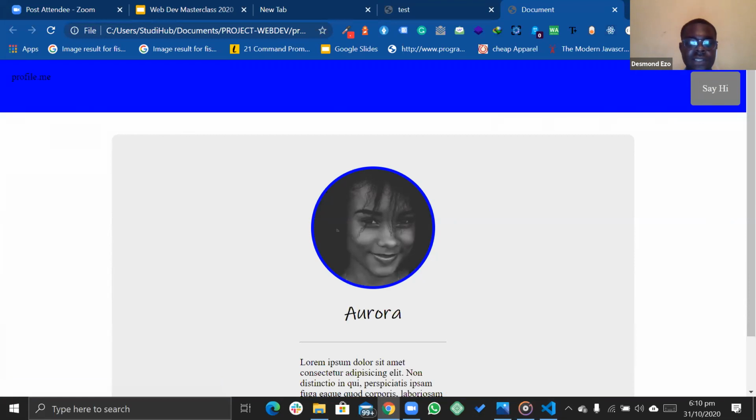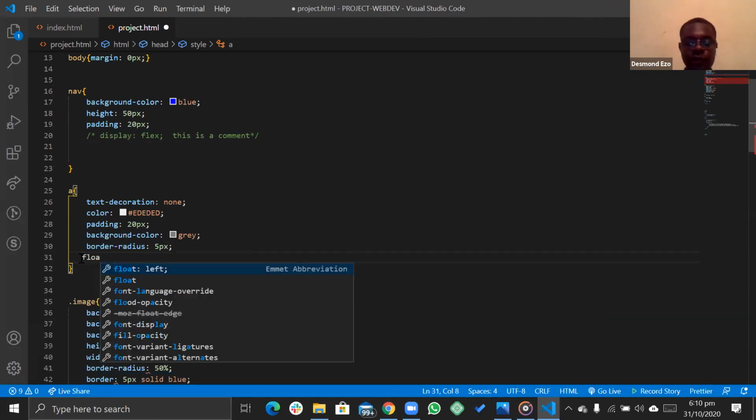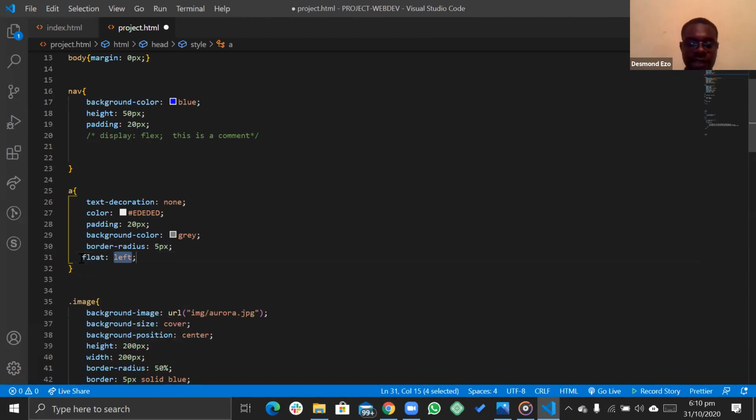That's basically what that does. Without writing this, you can also do this by specifying float, but many persons don't use float anymore. You can ask it to float to the right. What you are telling it to do is just carry yourself and move to the right.